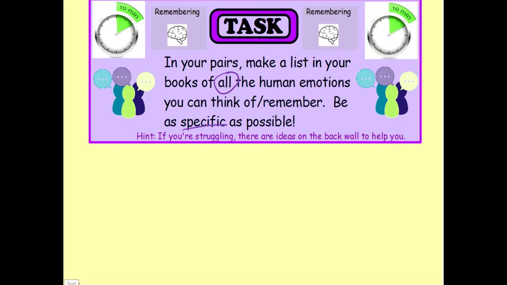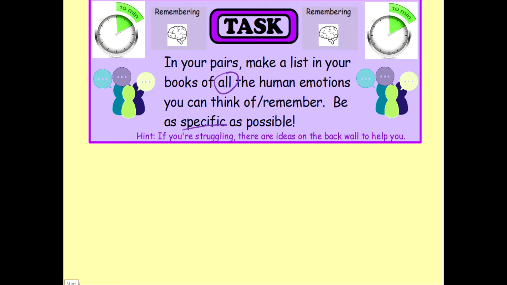So you should spend no longer than 10 minutes on this. Give yourself a timer on your phones or wherever, if you've got an egg timer. Egg timers. I need a new egg timer. Mine's broken. Anyway, okay. What was I saying? Oh yeah, 10 minutes. Give yourself 10 minutes to pause the video. Do this for 10 minutes. Think of every single thing you can and then come back.